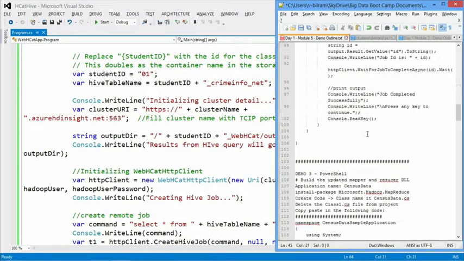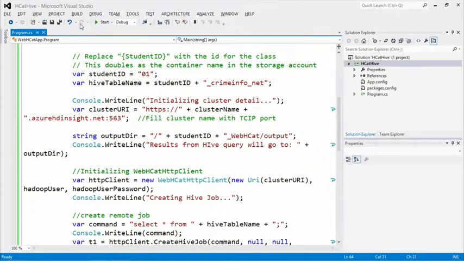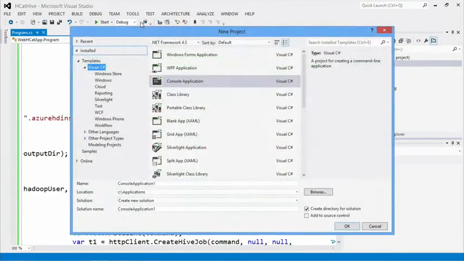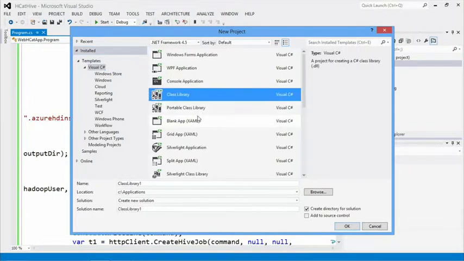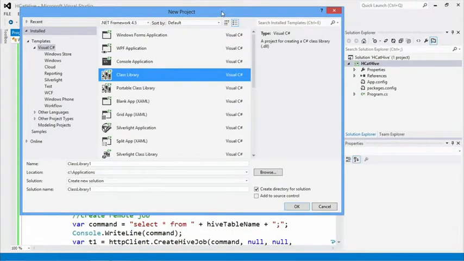And so, going back to my cheat sheet here, the first thing I'm going to do is create my new mapper reducer job within the system. So I'm going to say new project. The thing I'm going to do a little differently than last time is create a class library, because the end result I want is a DLL that will have our mapper and reducer classes within that single DLL, which will be used to execute the MapReduce job